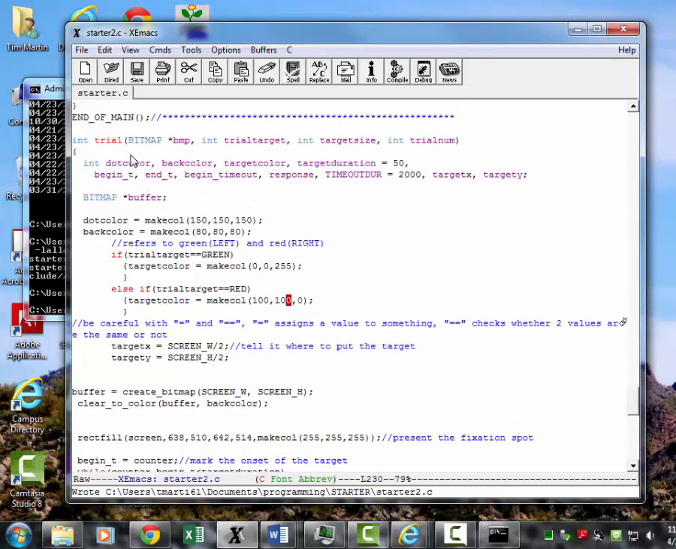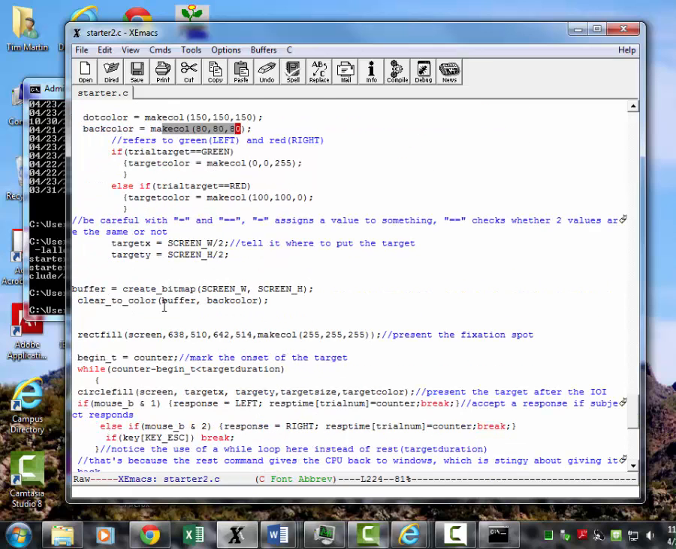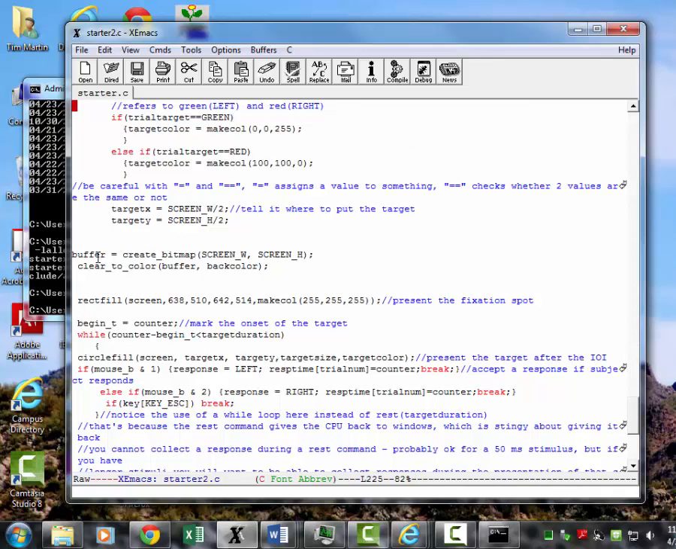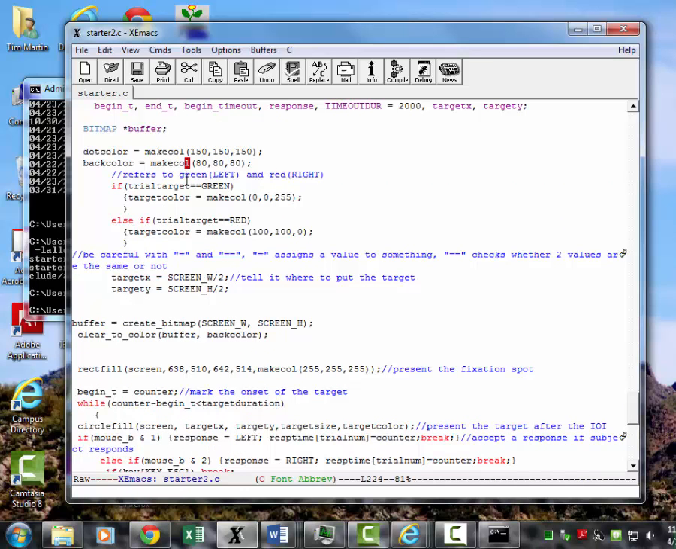So I notice here in trial, I have something called back color. And I've set it to 80, 80, 80. And so that is my background color in trial. And now, whenever I clear either my buffer or the screen itself and set them back equal to a color, clear to color, I don't have to say here make it 80, 80, 80 every single time. I can just put in the name of that variable, and I've set that variable now to that color,